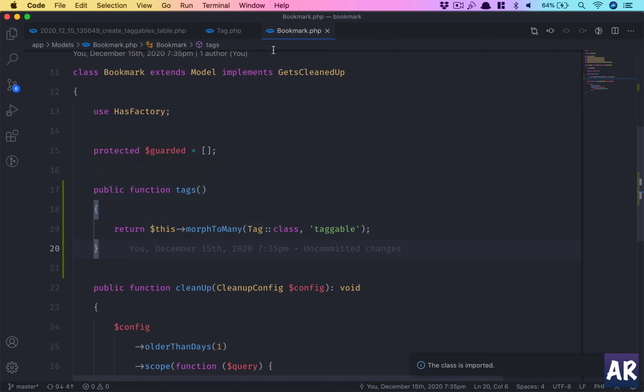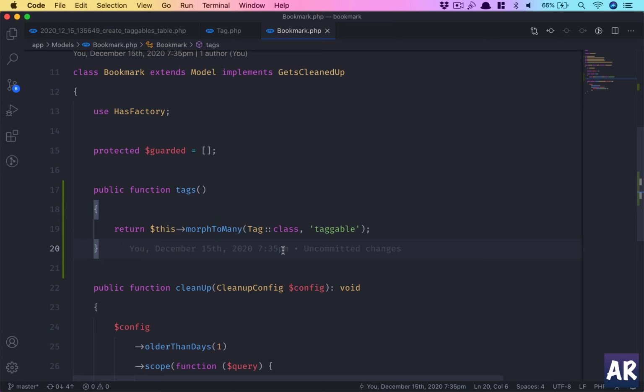I'm saying that bookmark has tags. Now what does the relation say? This Eloquent relation morphs many tag classes which has the taggable property. And then obviously the rest of the things like IDs and stuff are something which the ORM does automatically,